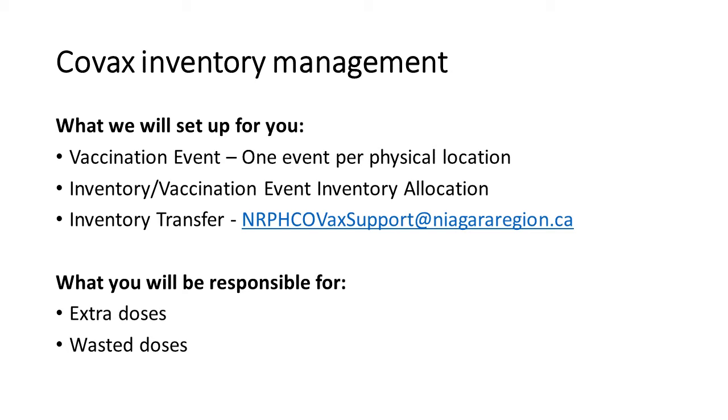The other thing that we're going to set up for you is your inventory and your vaccination event inventory allocation. When you open up your inventory and your vaccination event, you will already have the lot number and the product listed as live within your vaccination event. So theoretically, all your vaccinators need to do is administer to the client. You'll see the inventory that we've added for you on the drop-down list,